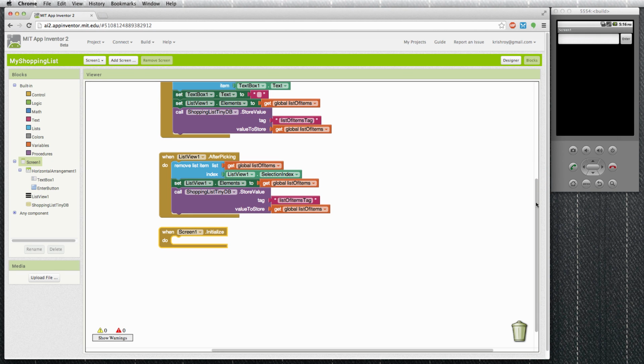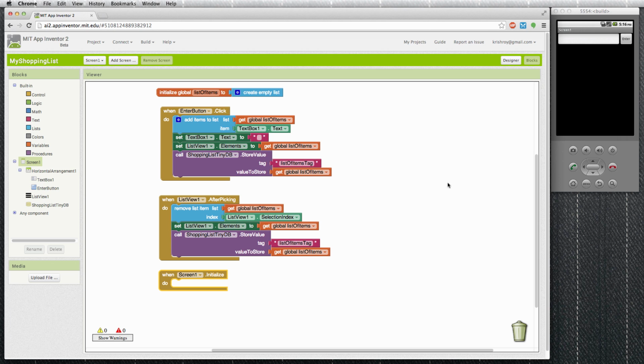Whenever the app starts up, this screen1.initialize is called. So whenever my app is starting up, I want to read from my TinyDB, and if I get some data from my TinyDB, I want to take that data and place that in my list of items. So in order for us to read the data that we have stored in our TinyDB, we will have to use the